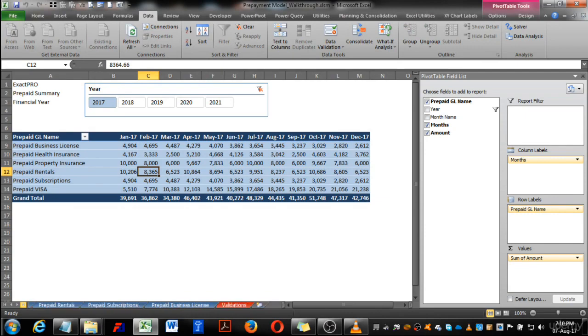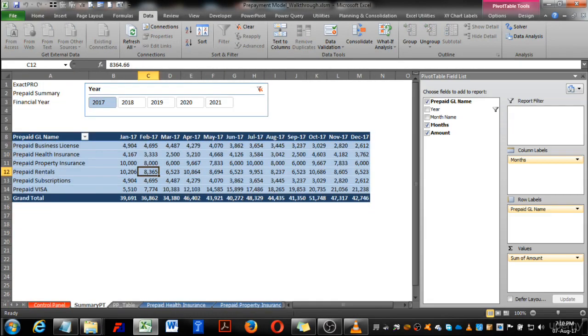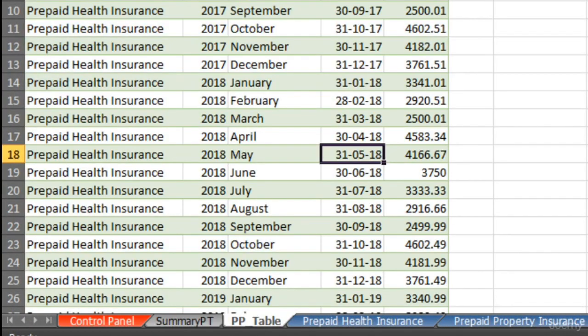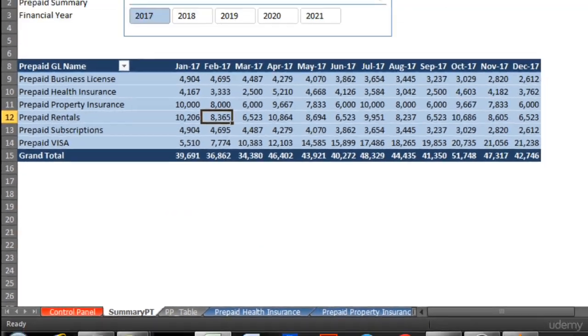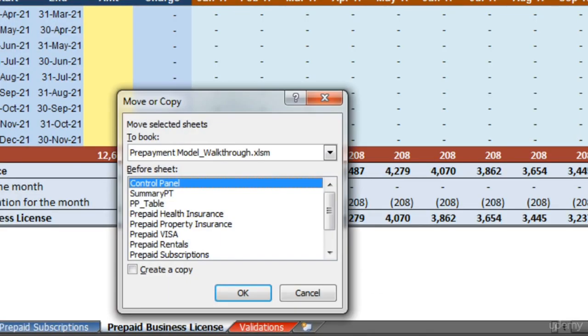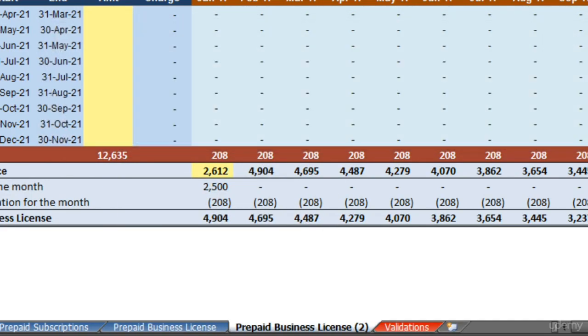Now let's add one more prepayment GL to show you how it will be updated in our prepayment summary sheet. I have brought these two sheets up front besides control panel, the table and also the pivot table summary. And let's go to the last sheet and copy it. Move or copy, create a copy before validation. Click OK. Let's give them